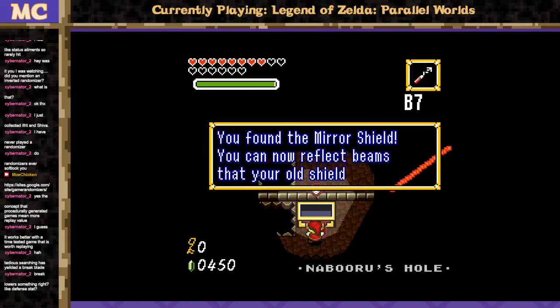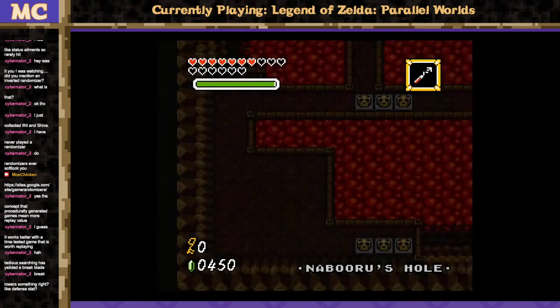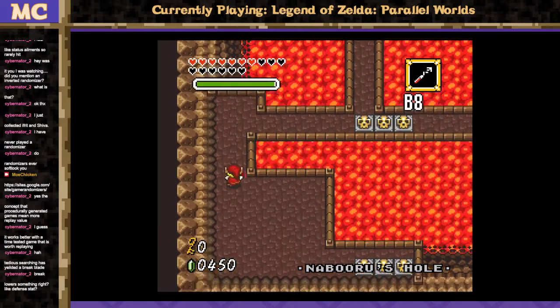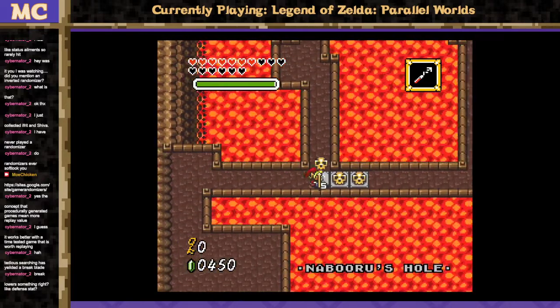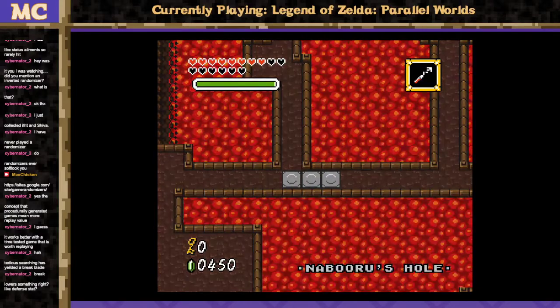Yay! Mirror shield! Hooray! I love that now you can reflect beams your previous shield couldn't block as I'm being shot with a laser. Congratulations! Ugh. Alright, so now...